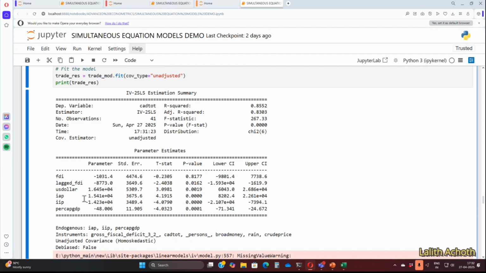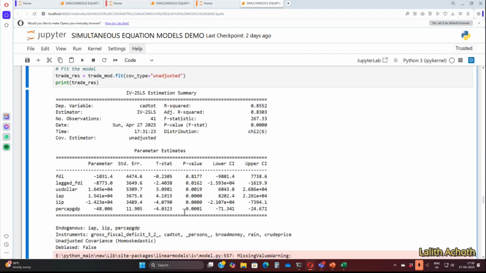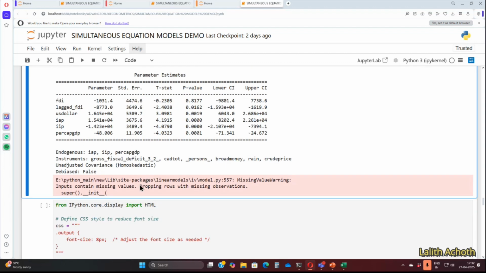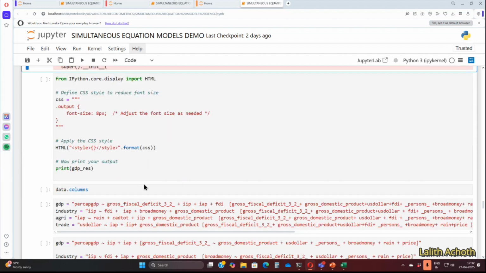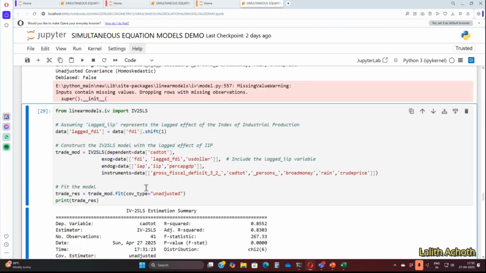So like that, agricultural production has a very significant effect. Industrial production has a very significant effect. GDP also has a very significant effect on trade. So if India is trying to increase our GDP and increase our performance, we have to increase our trade. We have to become trade competitive. This way, you can go on fitting your simultaneous equation models rather easily, but the specification of the model